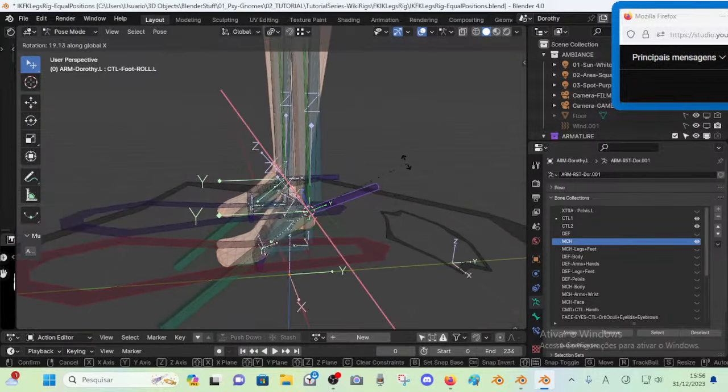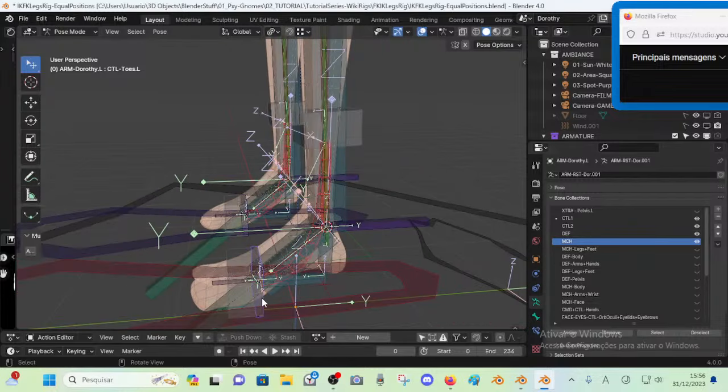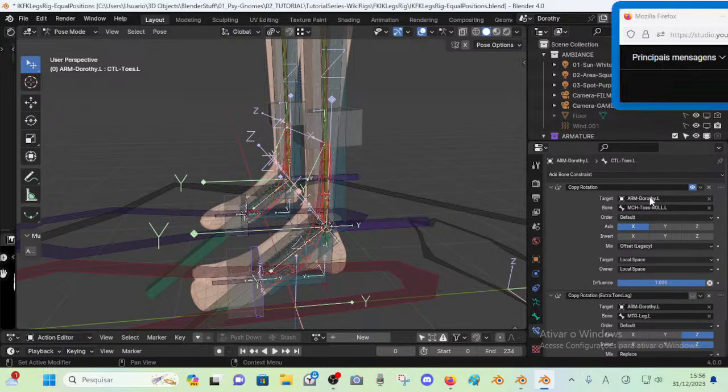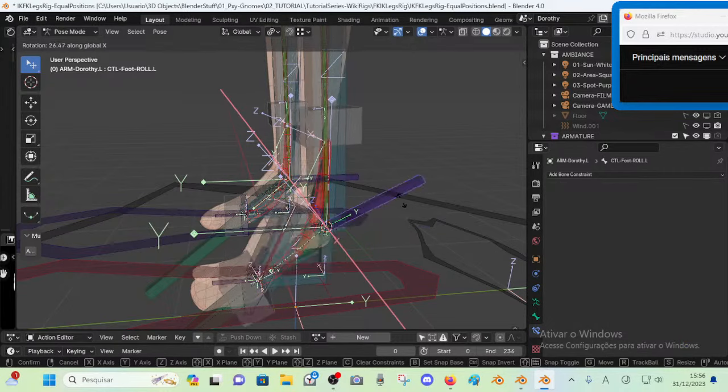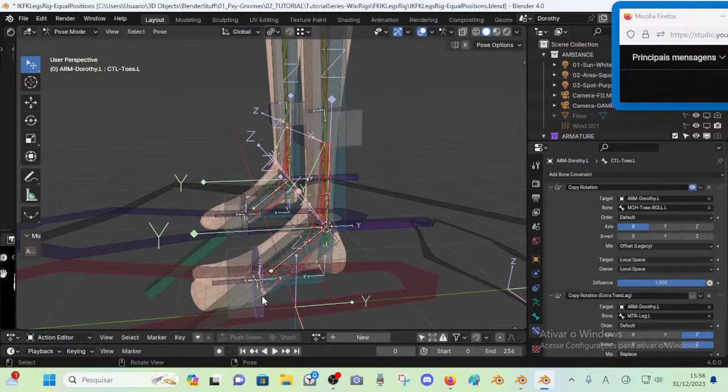Yeah, so maybe it was meant to be like that, or maybe something is missing, but I still need the deform rig. Okay, so we have here, oh, this is not being used, so copy rotation here for Mac toes roll. Okay, wait, wouldn't be the... Okay, so yes,